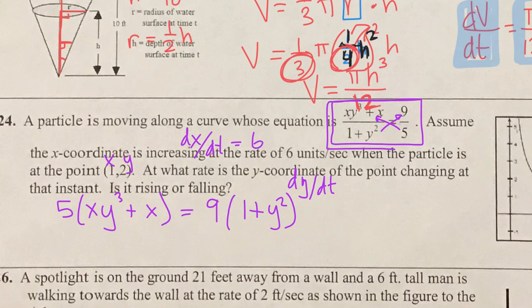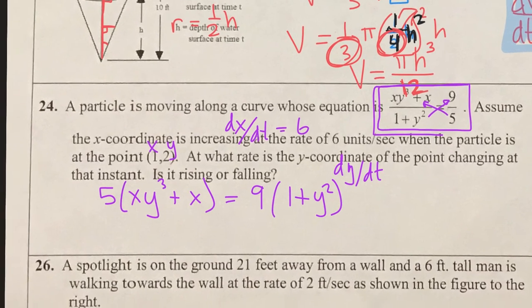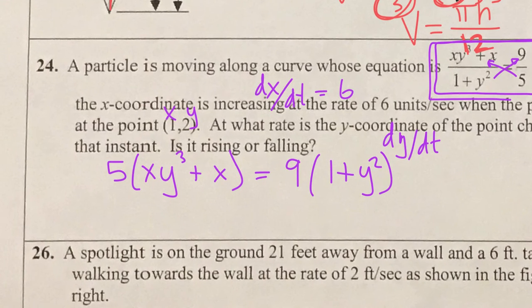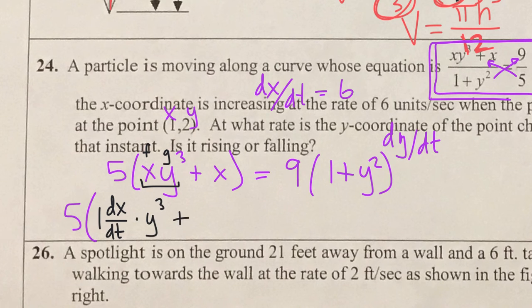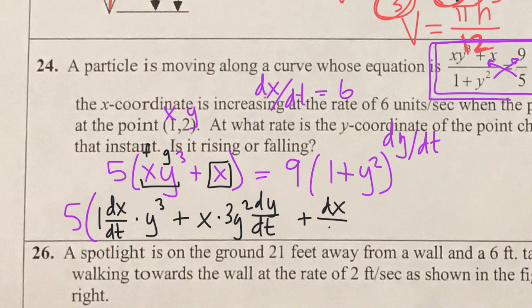So no longer are there fractions here, so when we now implicitly derive, we don't have to worry about using the quotient rule. So implicit derivation. 5. This guy here, this is a product rule. This is your f value and this is your g value. So if we do f prime, that's 1 dx dt times y cubed plus f times the derivative of y cubed, which is 3y squared dy dt, and then plus the derivative of just x, which is dx dt,